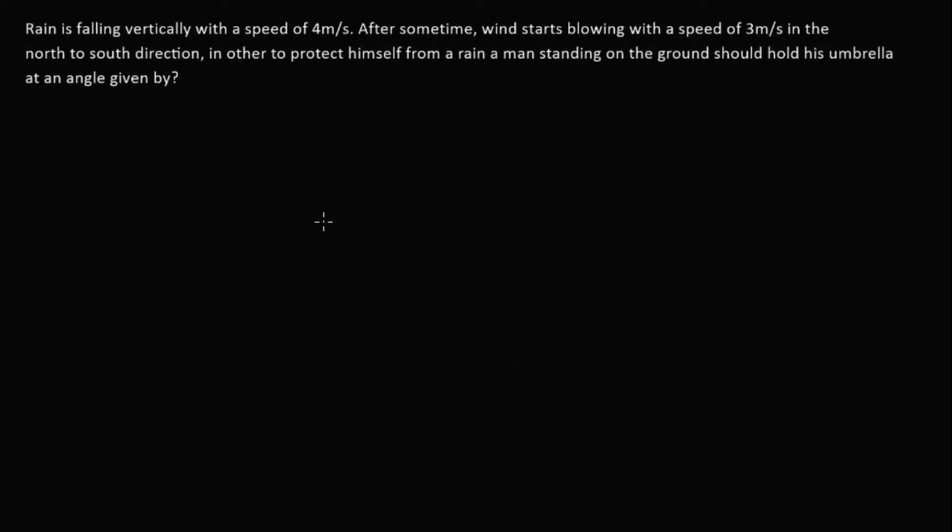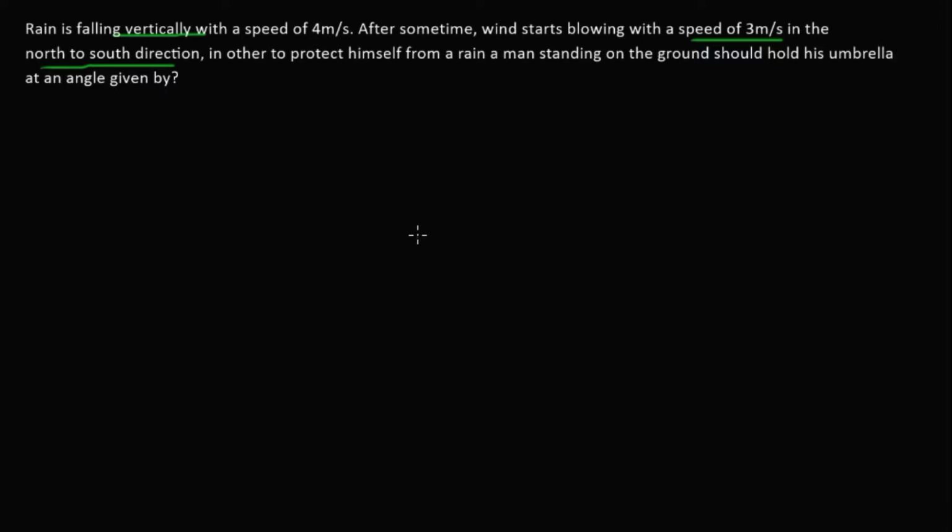Rain is falling vertically with a speed of 4 meters per second. After some time, winds start blowing. Okay, let's say the rain is falling vertically. Then the wind starts blowing with this speed in the north to south direction. In order to protect himself from the rain, a man standing on the ground should hold his umbrella at an